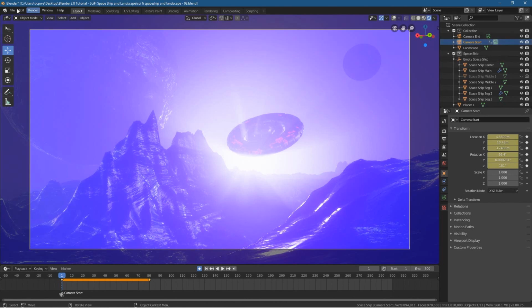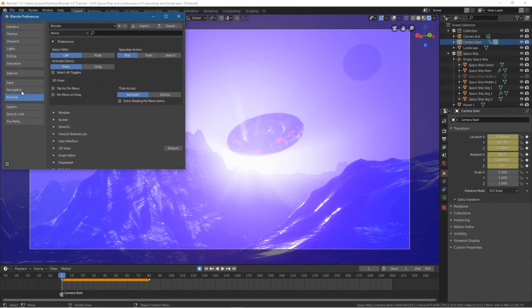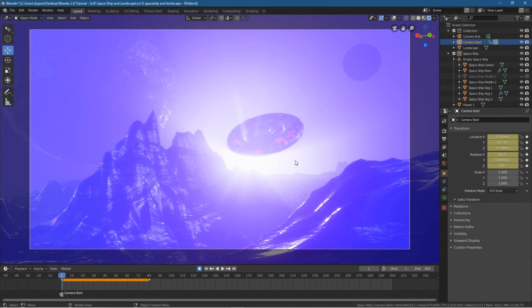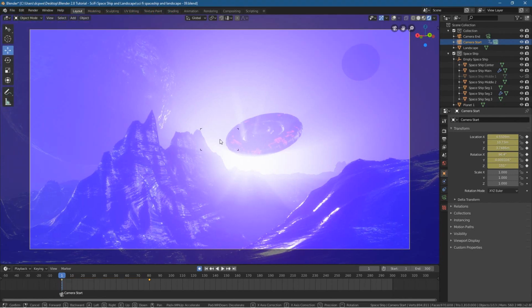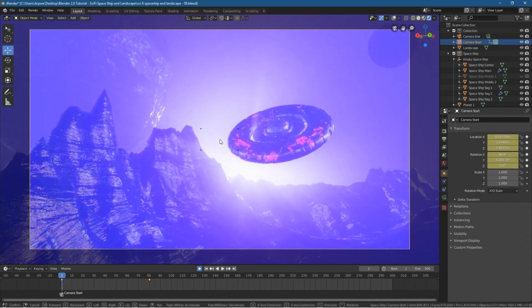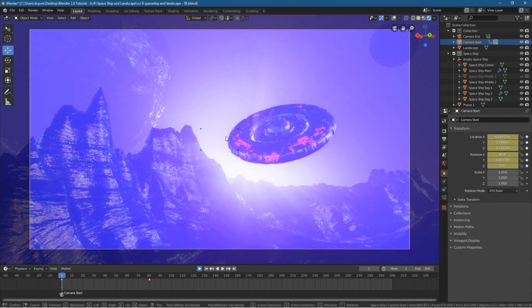If you remember in my previous tutorial, I told you to go to Edit, Preferences, Key Map, and type in "fly", then click here and press Shift and F to set that shortcut key for the fly camera, because we're going to use that now. So we're going to press Shift and F on our keyboard and roll the mouse wheel forward slightly, only a few small increments. Roll it forward like this,